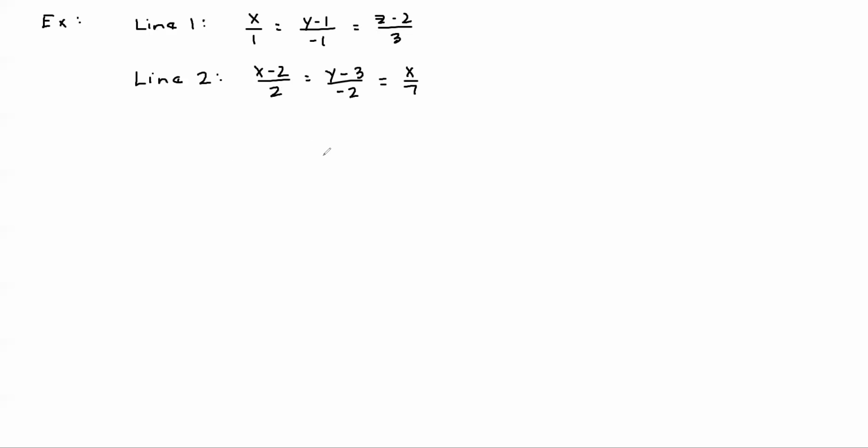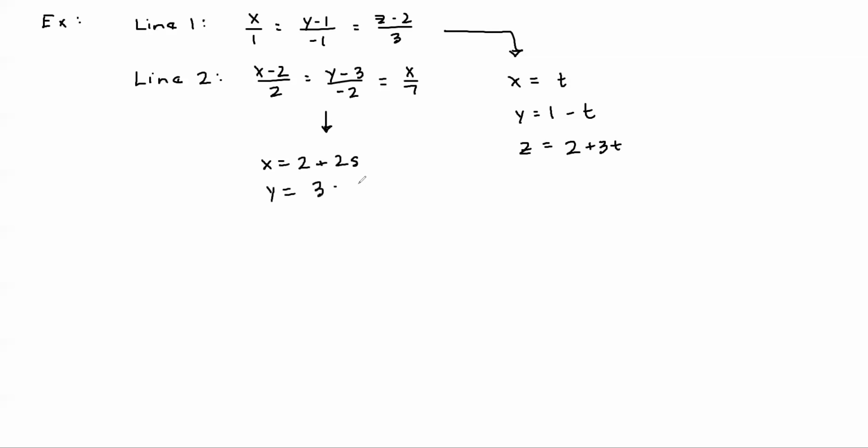So once you determine that they're not parallel, the next step is to go through and try and find a point that will satisfy both equations. How do you do that? All right, well, first let's take the two and translate them to parametric form, which is a more useful form. So we're going to get x equals t, y equals 1 minus t, z equals 2 plus 3t. So that's line 1. And then line 2, we're going to do x equals 2 plus 2s, y equals 3 minus 2s, and z equals